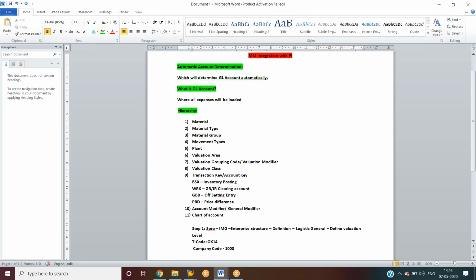Under this company code we have 3 plants: plant 1000, plant 2000, plant 3000. So we have one company code, and under that 3 plants.